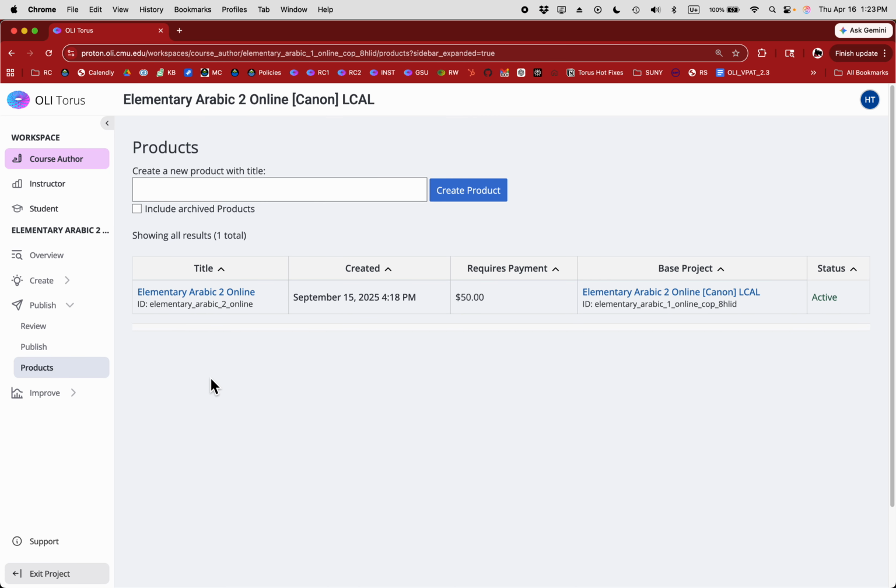The goal here is to have the academic version include whatever you want in terms of instructor interventions. So if you want to have questions in your assessments that require instructor scoring, that's great. That's the academic version with instructor scoring. The independent version, where there are no students who have instructors